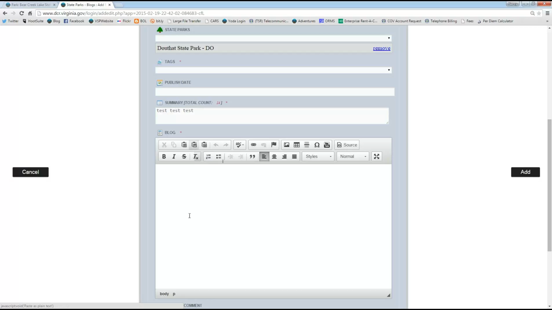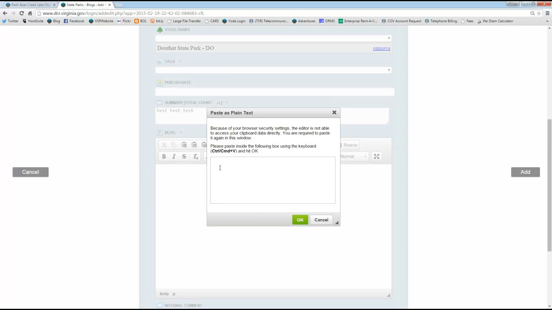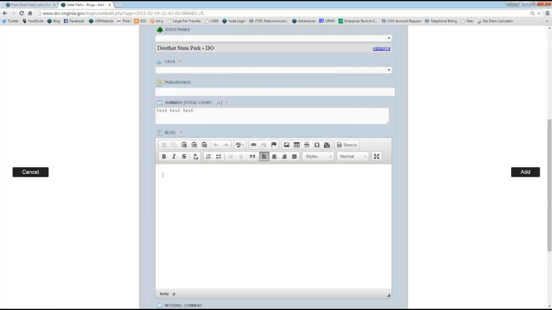So you should actually use this. You will click that box, a box is going to open and it lets you use the Control V for pasting, and you paste that information in the blog and hit OK, and it will strip the stuff out. So use the one with the T, which is the one in the middle, the paste in the middle. These two are grayed out. They don't work anyway. This blog, for some reason, the browser isn't going to let us do the regular Control